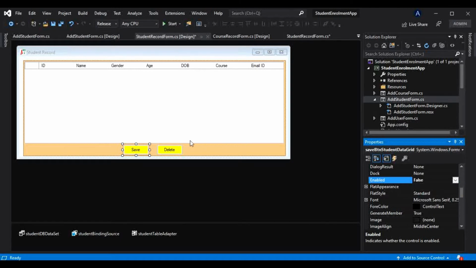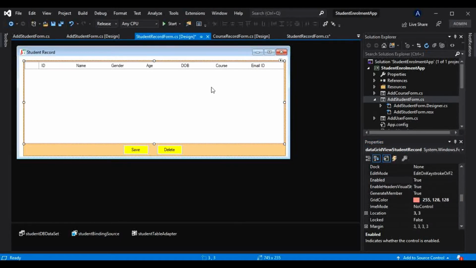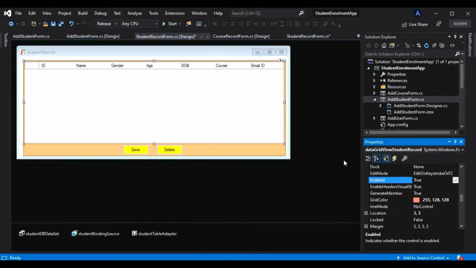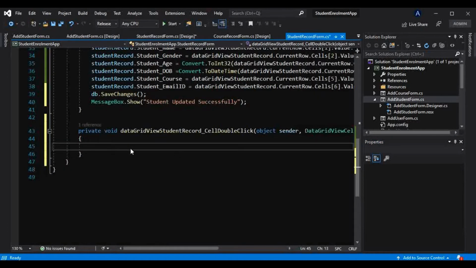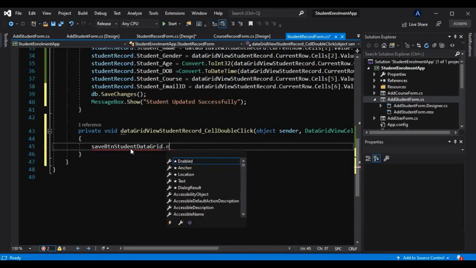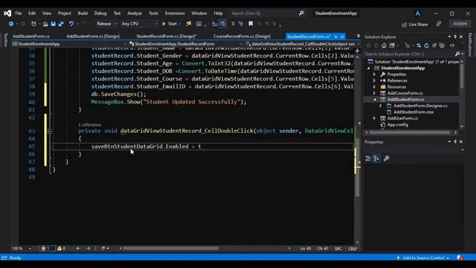And for that what we can do, just click on this data grid view here, go to properties of that, go to events, and in that there should be this cell double click event, and in that event only, whenever that event gets fired, at that time only we want to enable that button, that is the save button student data grid. Otherwise the default behavior should be false.